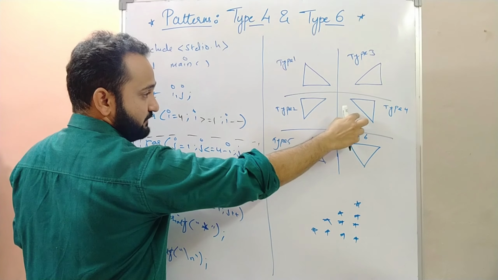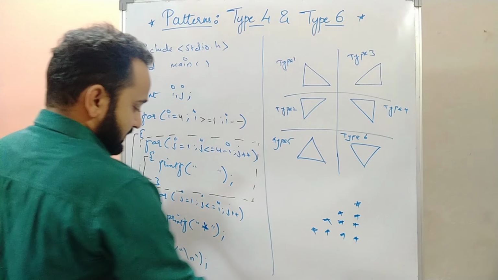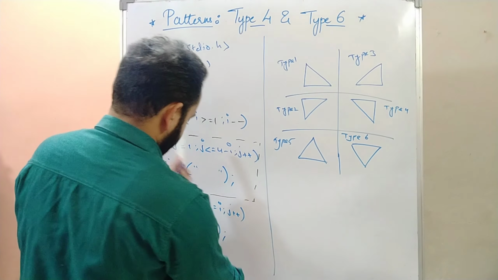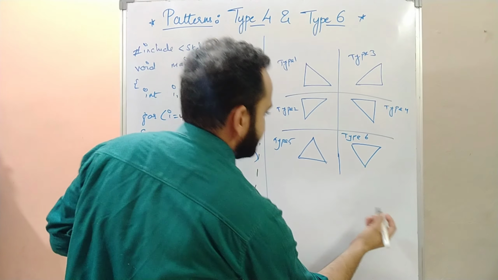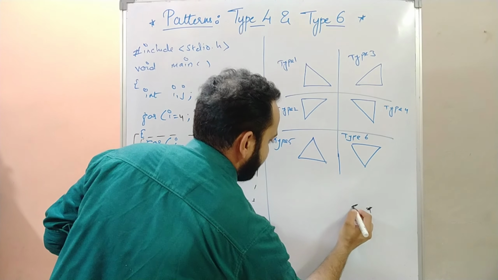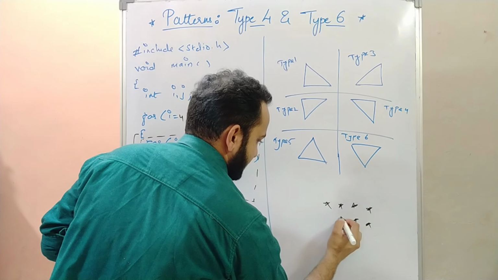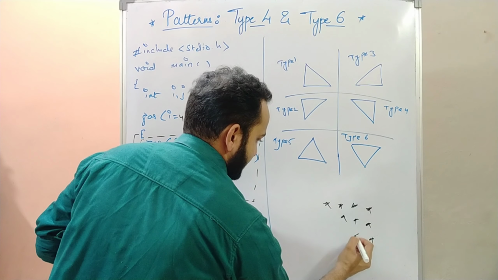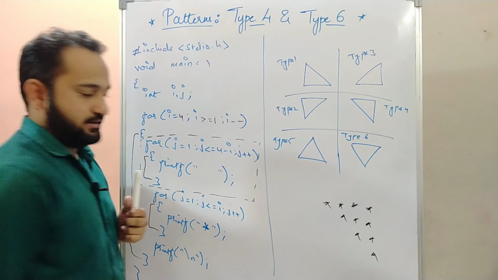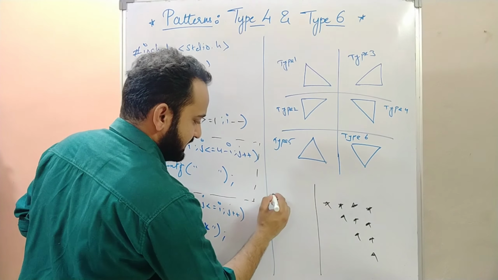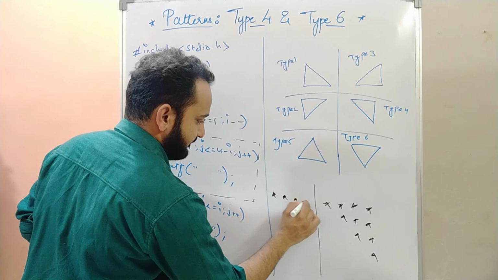Remember this, we are going with this pattern. Let me draw this star pattern for it. It will look something like this. We have 4 stars, then we have 3 stars, all getting printed from the right-hand side. Clear? And how will this pyramid pattern look? It will look something like this.